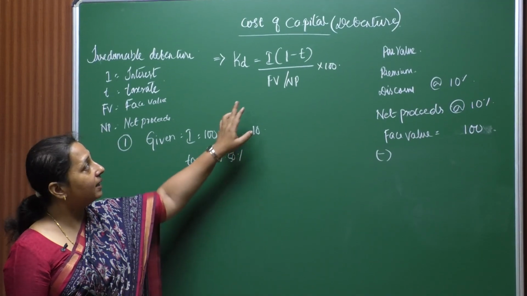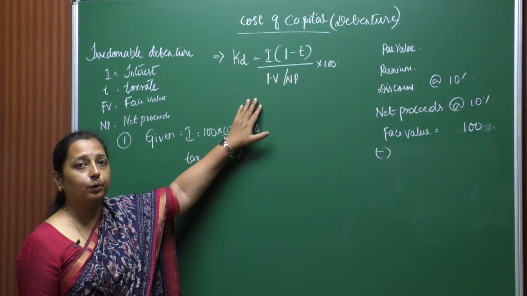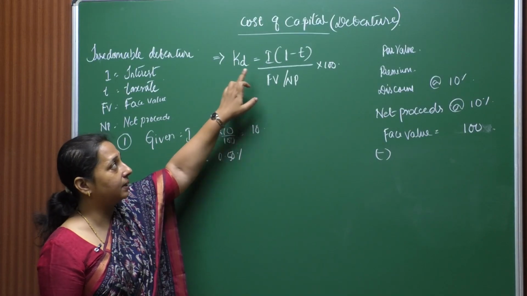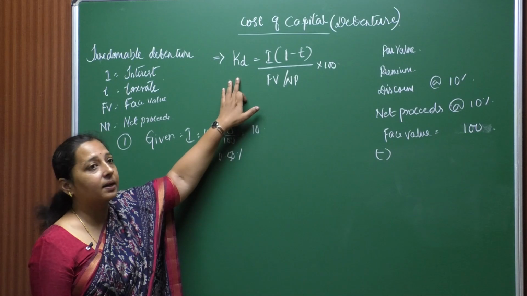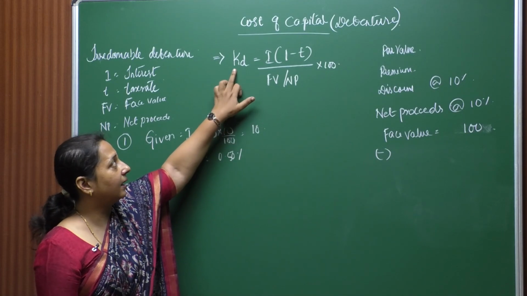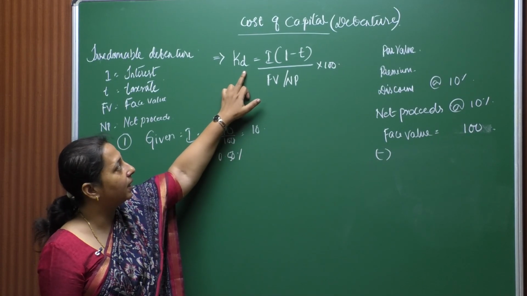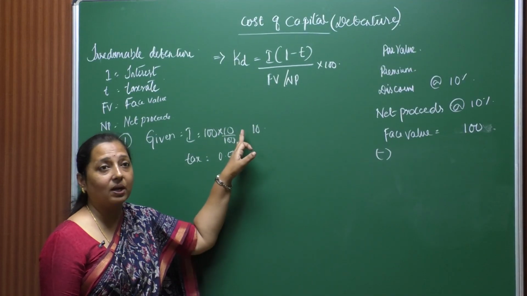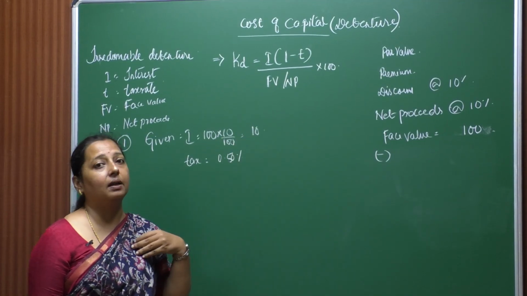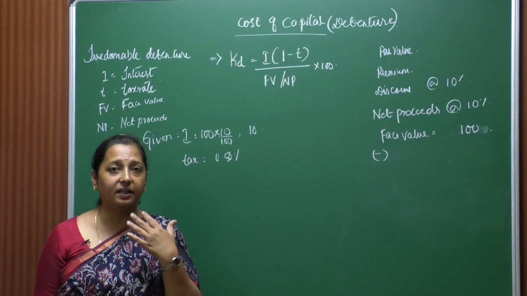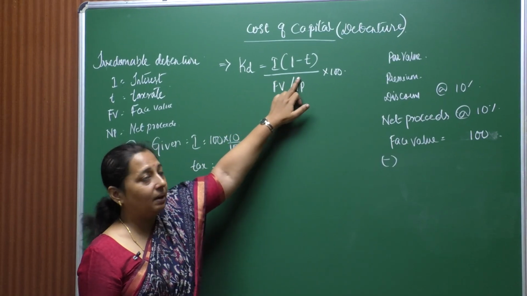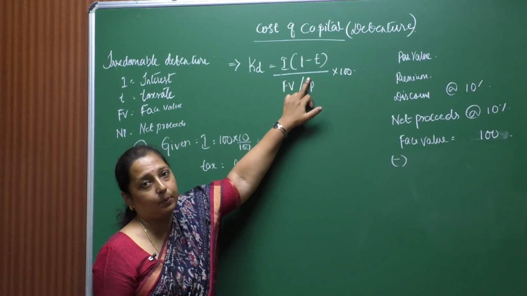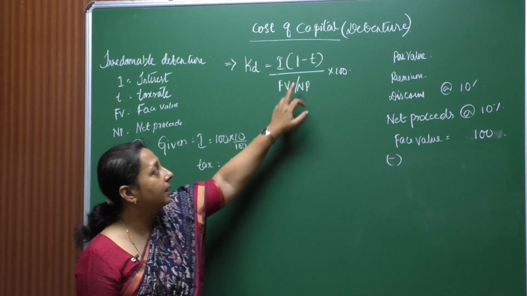When it comes to irredeemable debenture, the formula to calculate the cost of capital, as I mentioned, for a debenture is represented with Kd. K stands for cost, D stands for debt. As I mentioned, a debenture is a debt instrument. The company will be paying interest to the debenture holder. So, I(1 minus tax rate), of course, tax is a protection shield that will be used to calculate, and